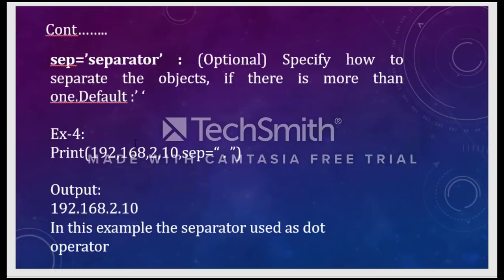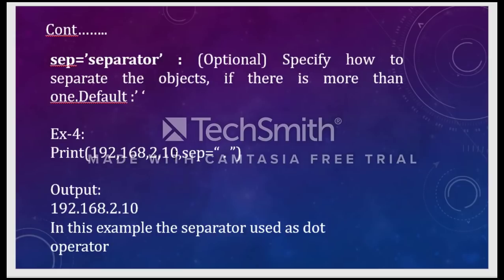Next, print can be used with a parameter called sep, that means separator. Suppose you see this example, I am giving some values to print on the screen, which are 192, 168, 2, 10.